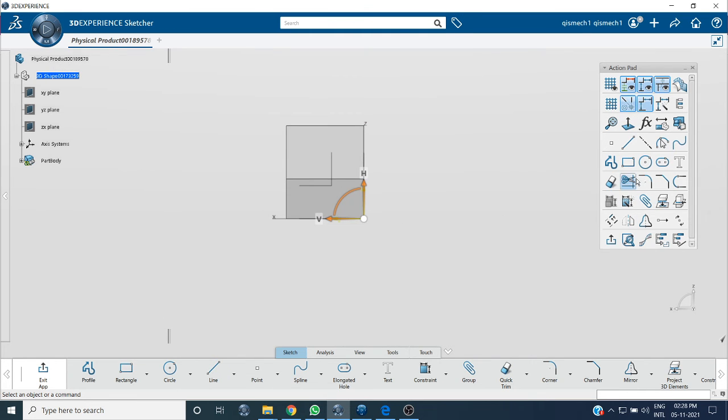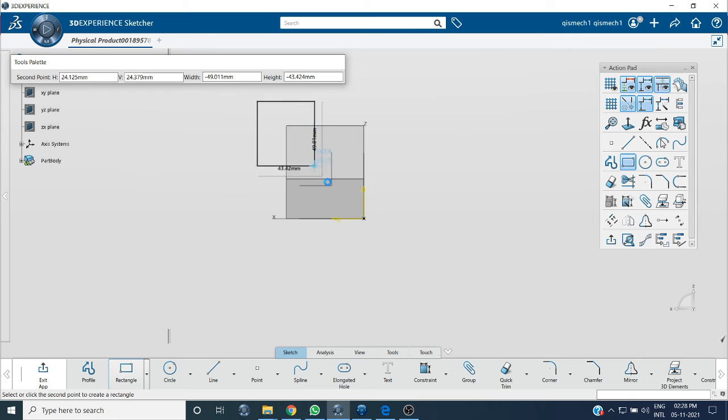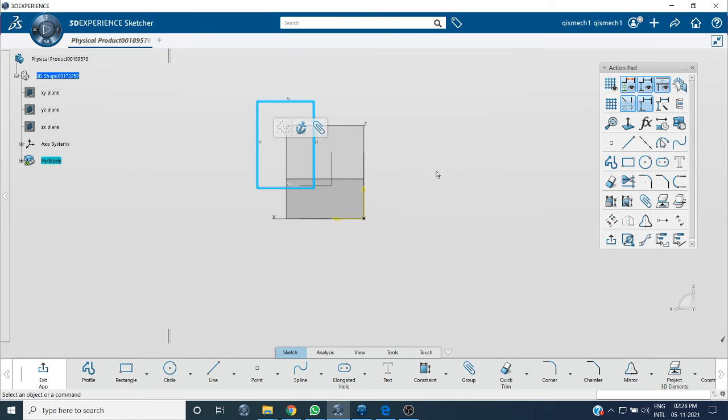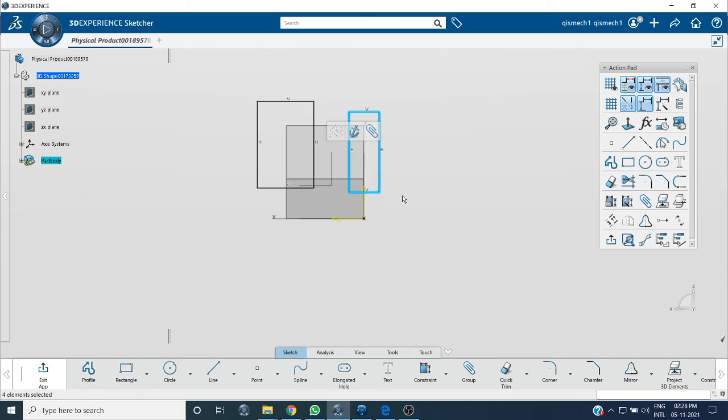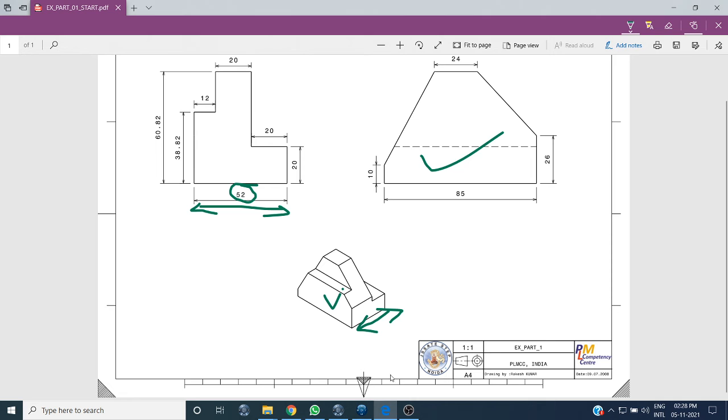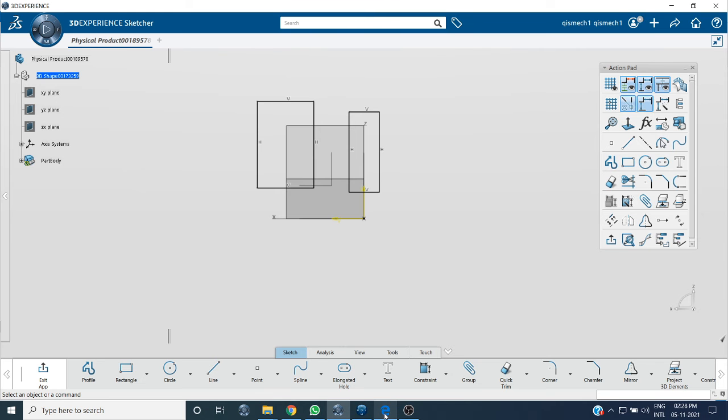I'm taking two rectangles because I want to remove material. So what is the rectangle? The first one, assume 20 by 20. From this line to the horizontal axis it is how much? 20.